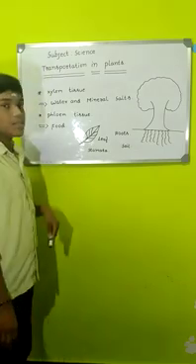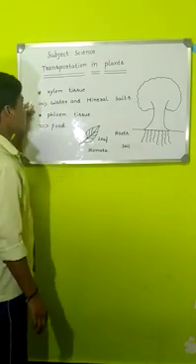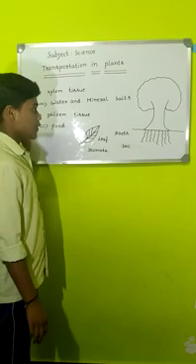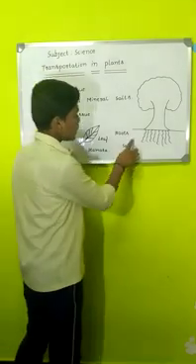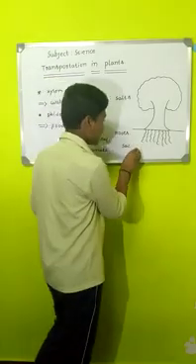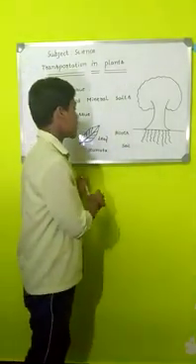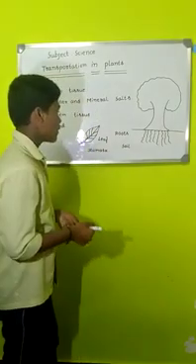Xylem tissue. Xylem tissue is also called as water conducting tissue because it transports the water and mineral salts to all the parts of the plant. The roots play an important role in absorbing the water and mineral salts that are present in the soil. Now let us know how the roots absorb the water and minerals that are present in the soil.